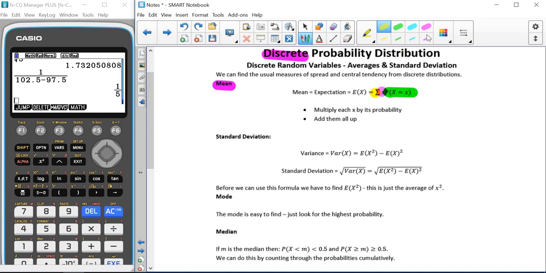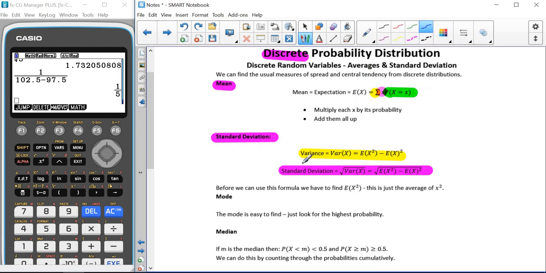We are also going to have a look at finding the standard deviation. However, just like with the binomial distribution, we don't have a formula for finding the standard deviation, but we do have a formula for finding the variance. And then for the standard deviation, we are going to square root this. Okay, so we'll notice that in our equation for finding the variance, we have the mean